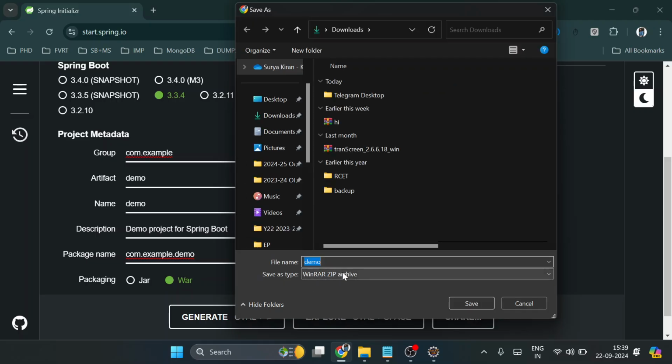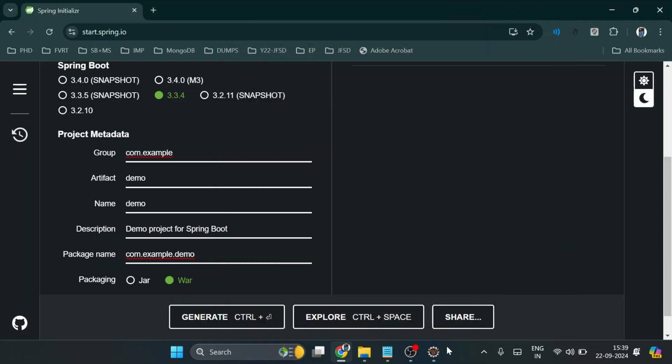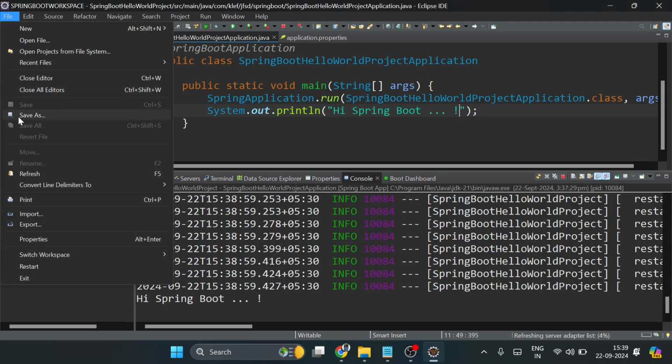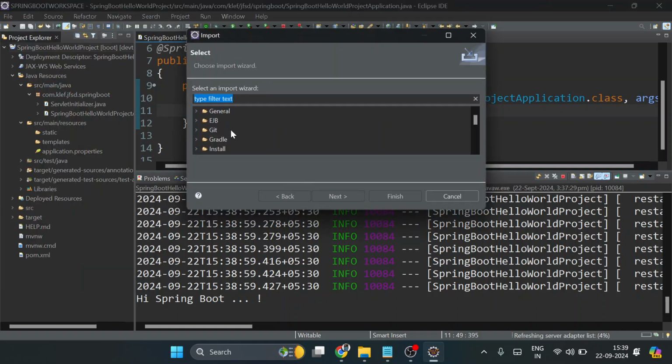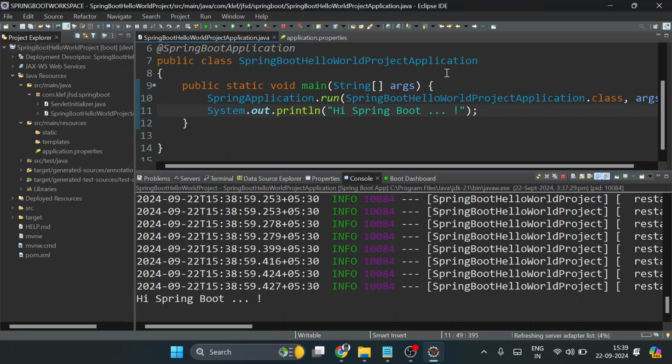A separate zip file called demo will be downloaded. Come to Eclipse, go to File, Import, Maven projects, and import that. So that is the second way,